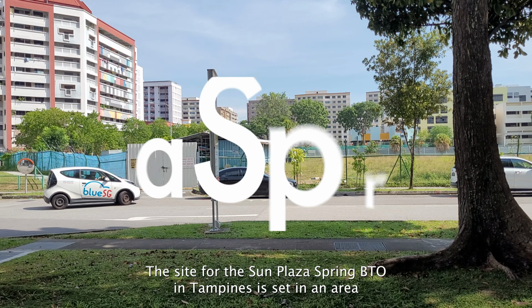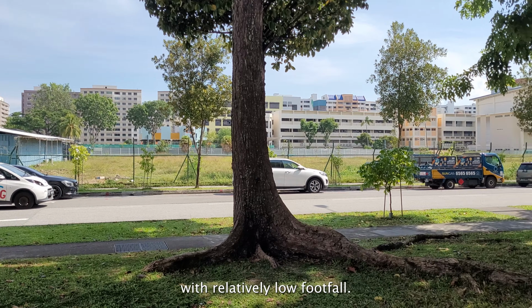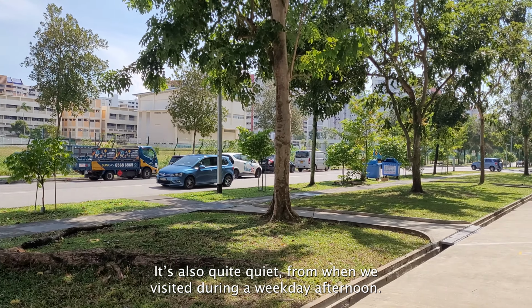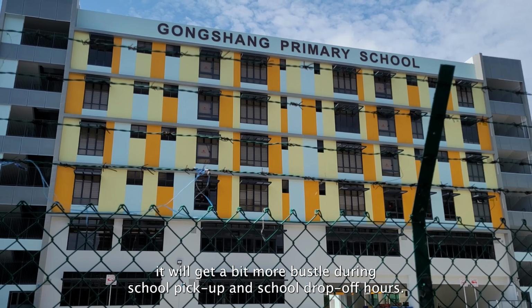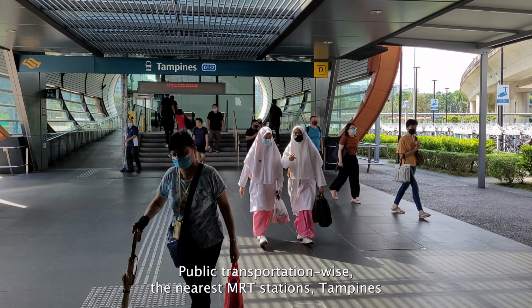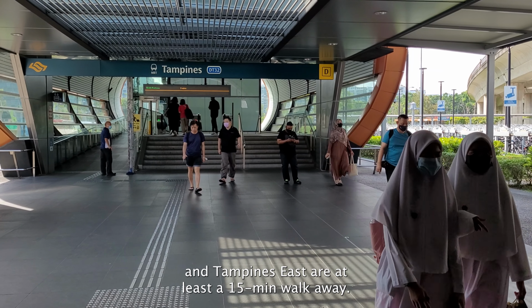The site for the Plaza Spring BTO in Tampines is set in an area with relatively low footfall. It's also quite quiet from when we visited during a weekday afternoon. There's a school just next to it though, so it's likely you'll get a bit more bustle during school pickup and school drop-off hours. Public transportation-wise, the nearest MRT stations, Tampines and Tampines East, are at least a 15-minute walk